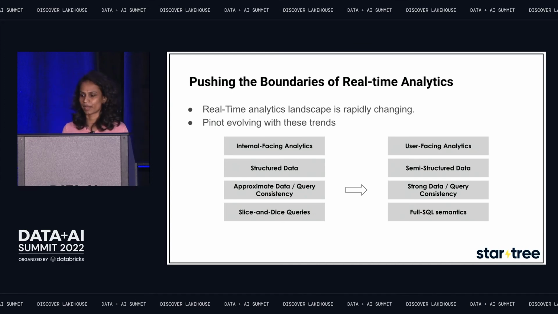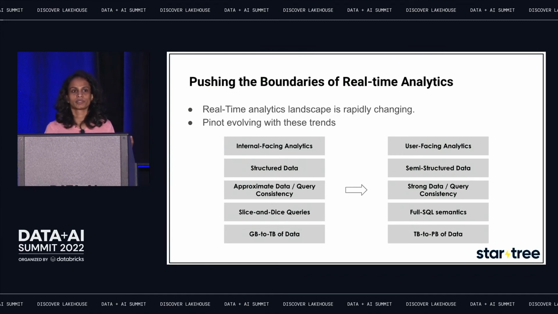We have a shift from just analytical style slice and dice queries to expecting that your OLAP data store will do full SQL semantics. We also have data explosion, so the shift from not just using your OLAP data store for hot data, but also wanting to store all possible data into your OLAP data system, and also be able to do it in a cost-efficient manner. So I'm going to walk through each of these and then see what Pinot is doing to adapt to these trends,